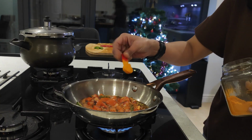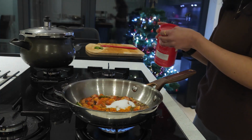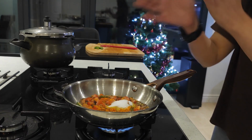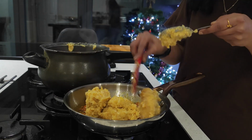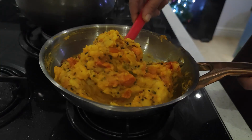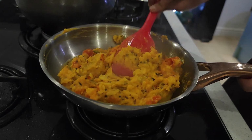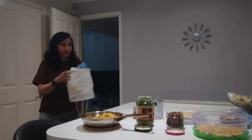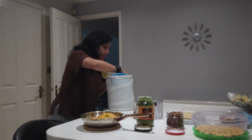To this I also add in 1/4 teaspoon of turmeric and salt to taste, and combine it with tur dal that is cooked and mashed without any water. So basically we want it to be in a thick form like a puree that she can scoop out as much as needed, and combine it with water and set it to boil to eat with rice. It is easier to store, easier to pack, and easier to travel as well when it is in a thick